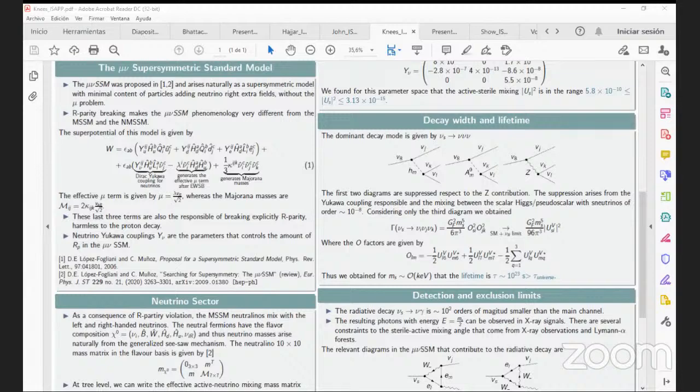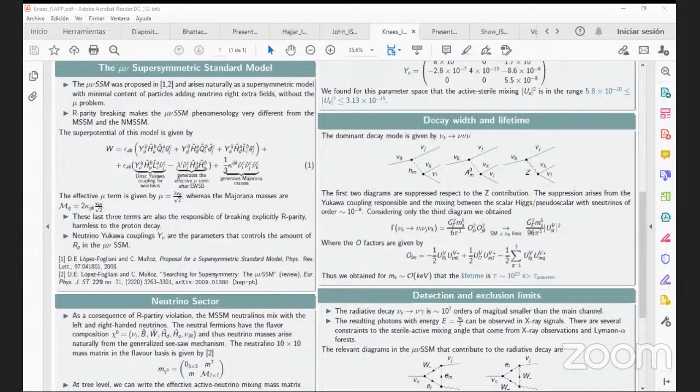So the Feynman diagram corresponding to the Z boson is the most relevant one, and we just calculate the decay width considering this diagram, and we obtain this value over here, which is consistent with the standard model limit plus right-handed neutrino. And with our values, we obtained a lifetime that is 10 to the 23 seconds, which is bigger than the age of the universe, so it's okay.